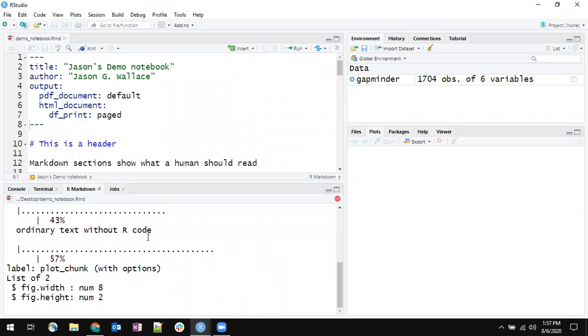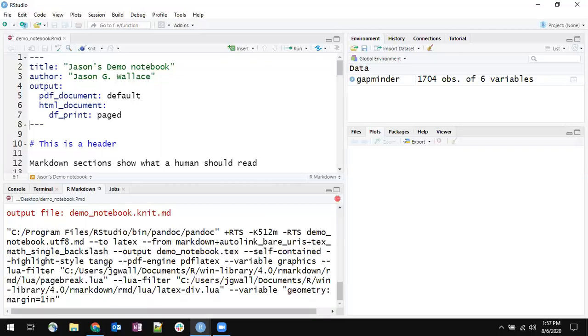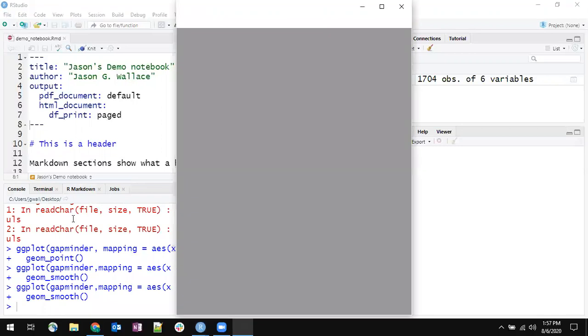There we go. So you can see it's running various stuff here. The thing with the knit is that it does actually rerun all your code chunks, so that if there's any errors or stuff, it will prevent the knit from happening. There doesn't appear to be one. I don't know why it didn't run the first time, but you can see it's doing a bunch of stuff